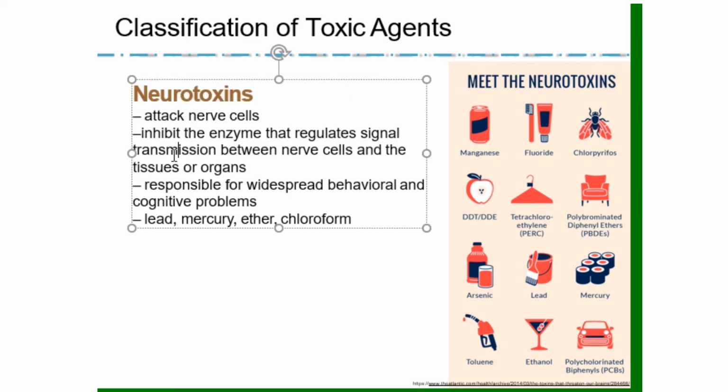Okay, now the thing is, if there is a neurotoxins and if it inhibits the enzyme, so therefore your brain, or there is no signal which will be transmitted or will be passed from the nerve cells to your tissues or your organs. So there will be no appropriate response for both internal and external. That's for the external. If you saw a snake, what will happen to you? So of course you will run, you froze, or you cry, whatever, you will sweat,